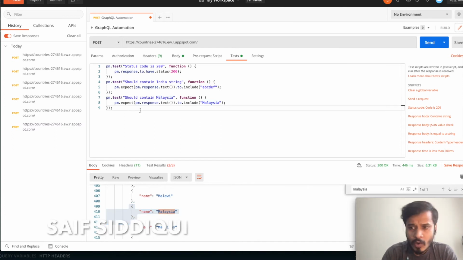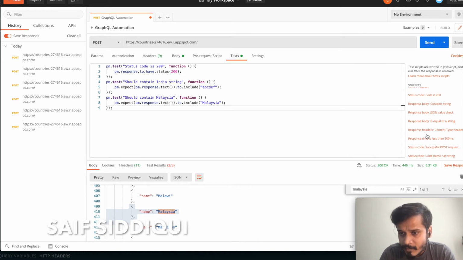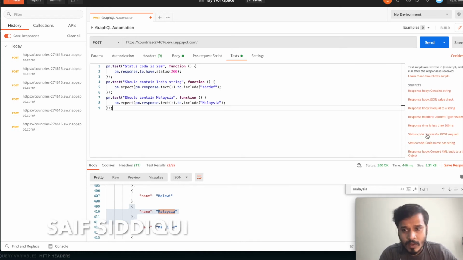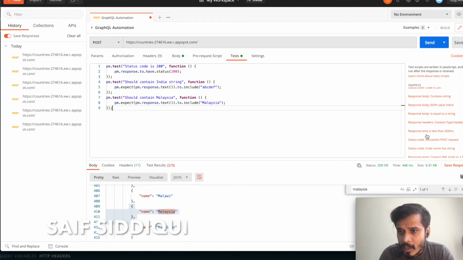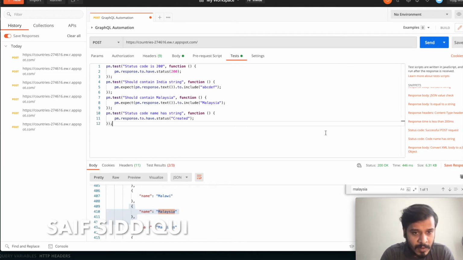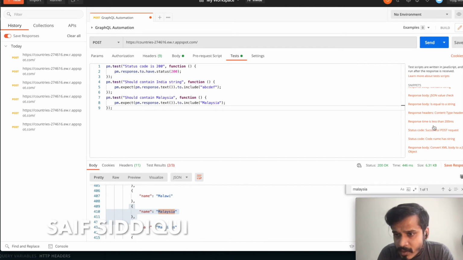Now let us automate a few more test cases. The other test case which we can automate is, maybe, okay, we can automate code name as a string.